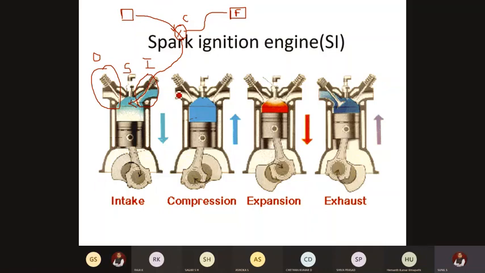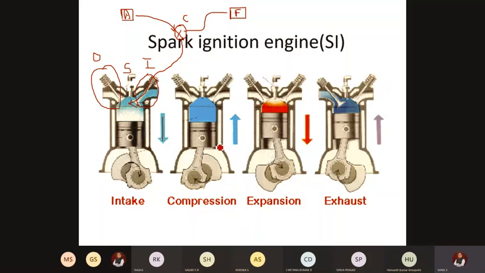The detailed functioning of this carburetor and fuel line we will be studying in module 4. Okay, so fuel and air will be supplied to the carburetor. The carburetor prepares a uniform mixture of air and fuel, which is then supplied to the engine during the inlet stroke. The piston moves downwards, you can see here, so that a vacuum will be created. This valve opens and the fuel enters in.